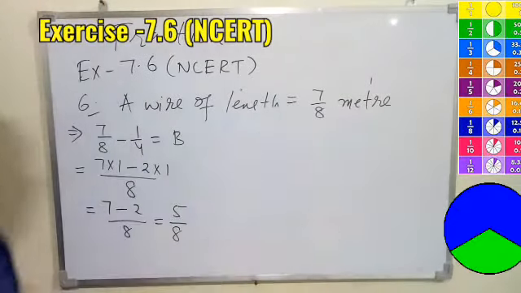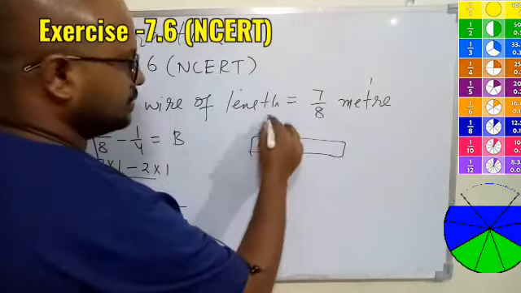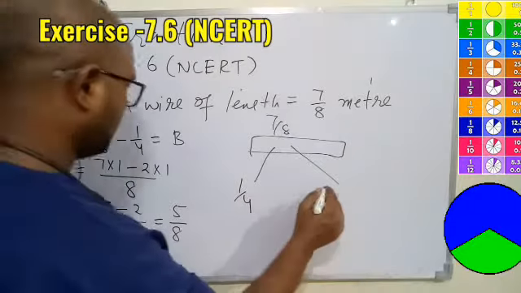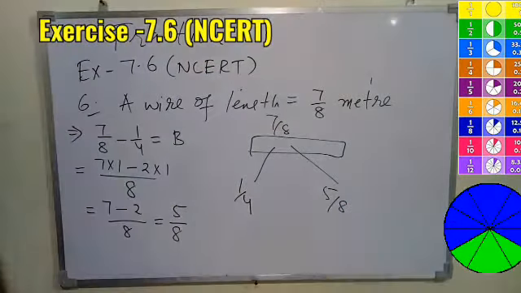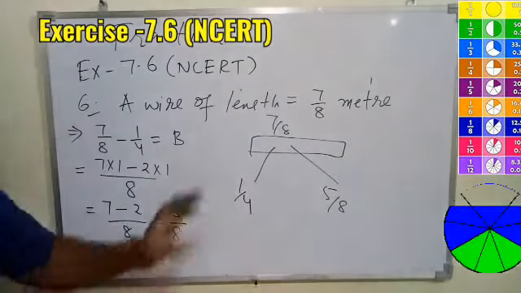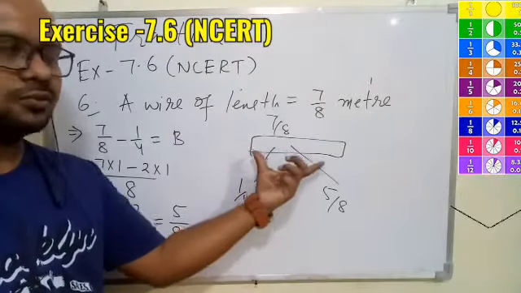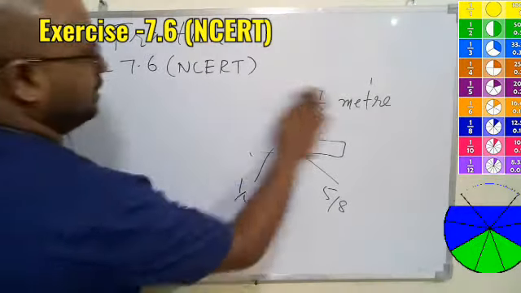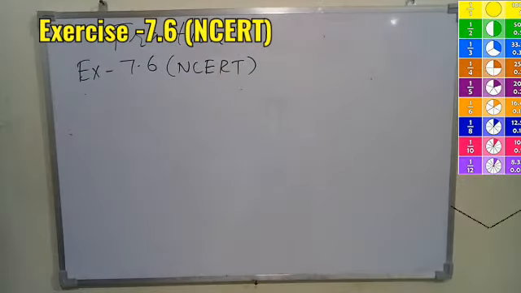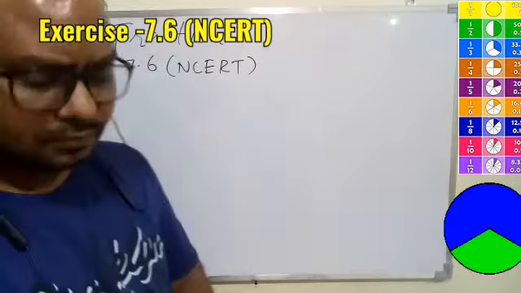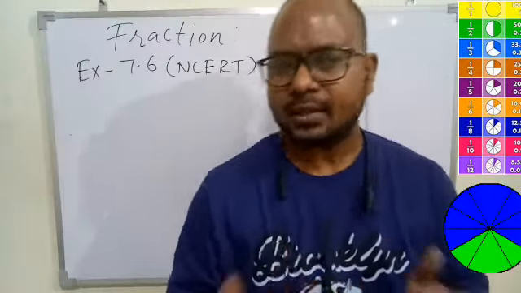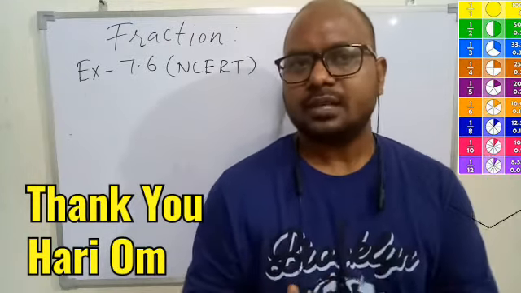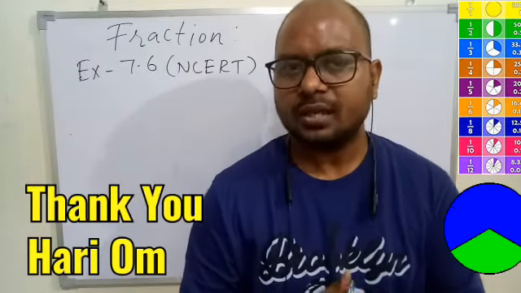So we can say if the wire of 7 by 8 is broken into two pieces, one piece was 1 by 4 and the second will be 5 upon 8. If you add these together, you will get 7 by 8 also. You can check. If you add this and this, you must get this also. So you will add and try to see if you are getting the same number. I hope you understood how to do the addition and subtraction of like fractions, unlike fractions, mixed fractions, all things you understood now, and the rest you try yourself and see if you are able to apply the concepts you have understood and solve it.